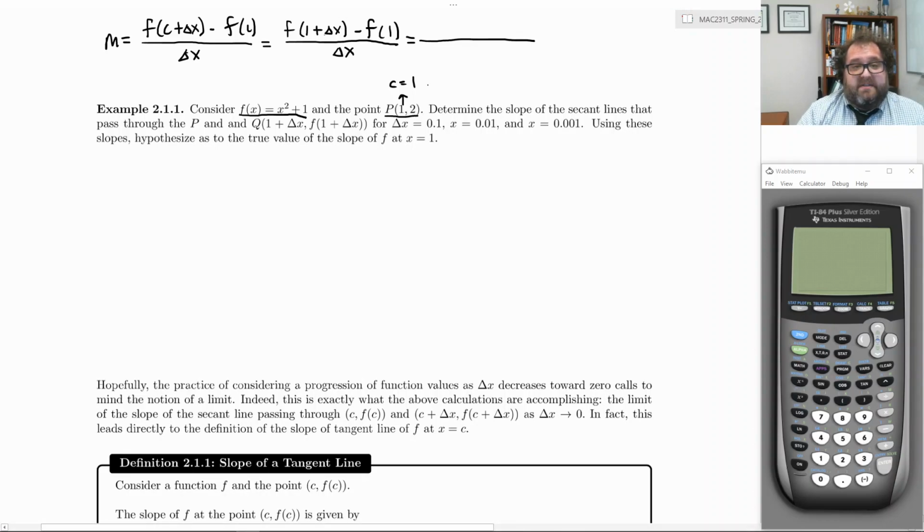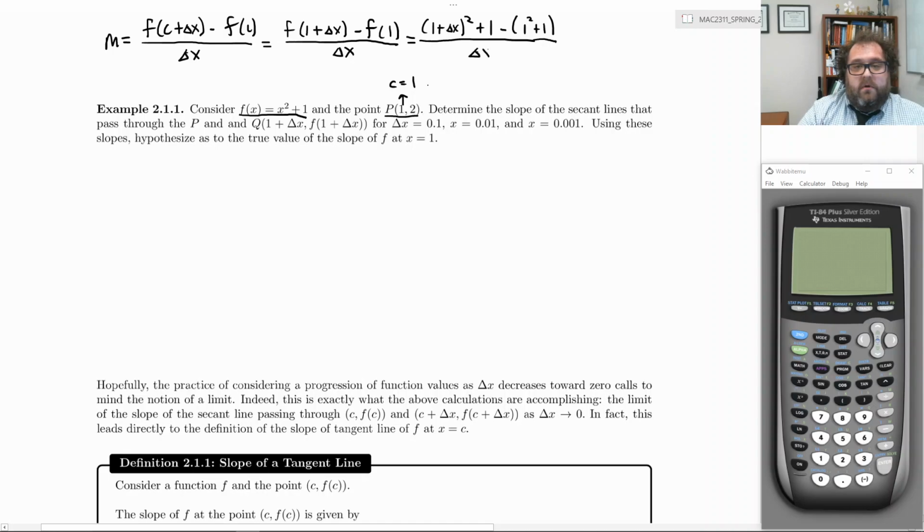This means take 1 plus delta x and plug it into x squared plus 1. So we replace the x with 1 plus delta x, and we square it, and we add 1. So that is f of 1 plus delta x. But then we need to subtract off f of 1. So we plug in 1 into x squared plus 1, and we get 1 squared plus 1